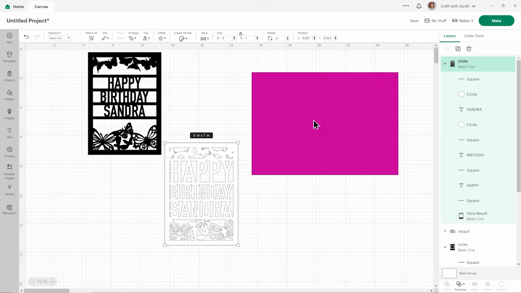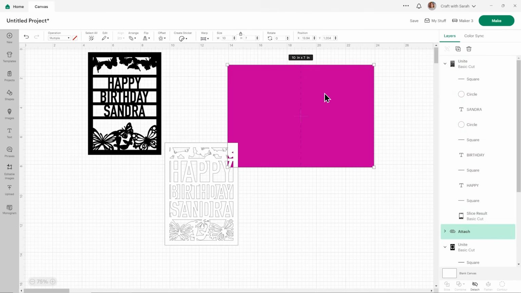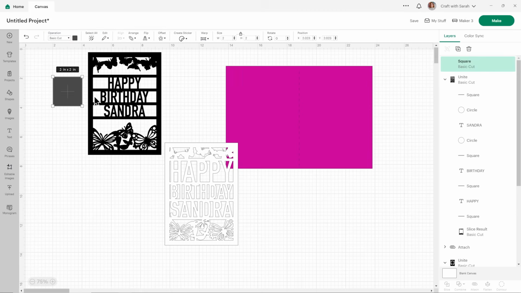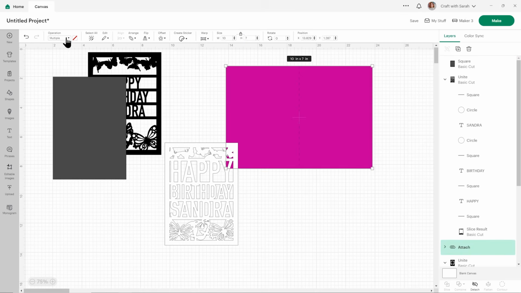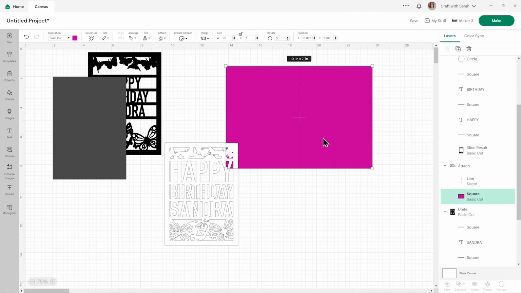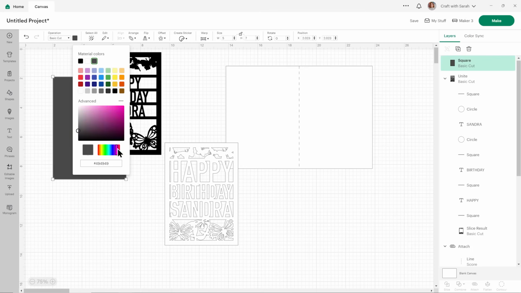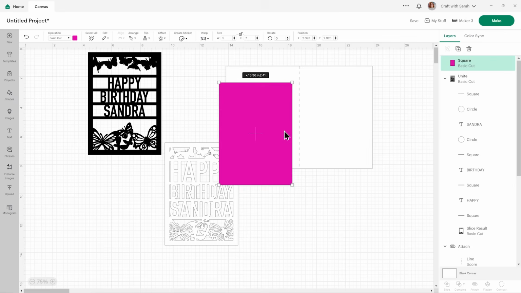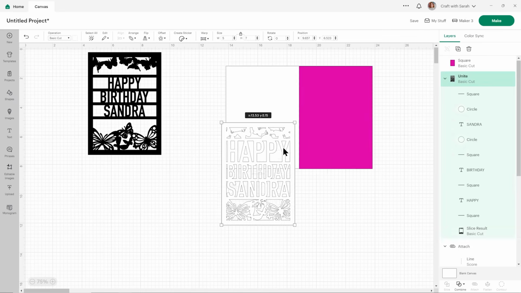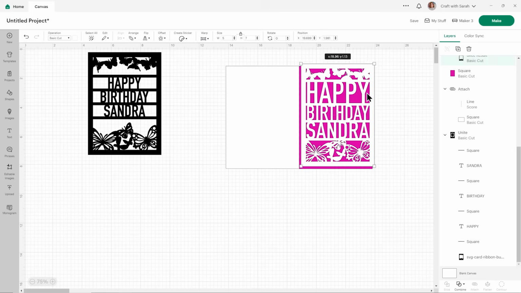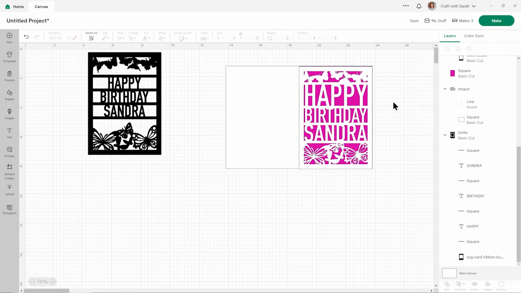Or if you didn't want your actual card to be pink all the way across, then what you could do instead is to just make another 5x7" rectangle. Then the card could maybe be white. It just means it'd be a bit easier to write your message on the inside. And then make this one the bright colour to stick on the front. And then this would be on top. All right, so I'm going to go ahead and get both of these cut out, and then we'll see what they look like when they're stuck together.